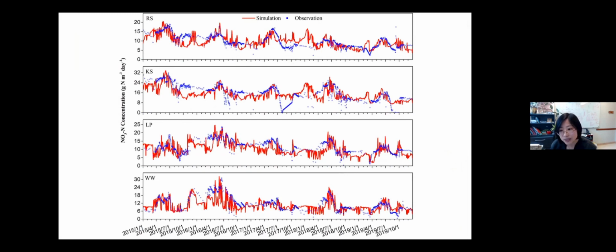And this one is the data-model comparison for nitrate concentration. Precisely predicting nitrate concentration is a huge challenge for all modeling teams, because nitrate concentration involves both chemical and physical processes, and the concentration could change a lot even in a single day if there is a rainfall event. The current existing evaluation criterion for nitrate concentration prediction is at a monthly time step, so using a daily time step simulation is overly strict for us. But still, these results are statistically satisfactory.